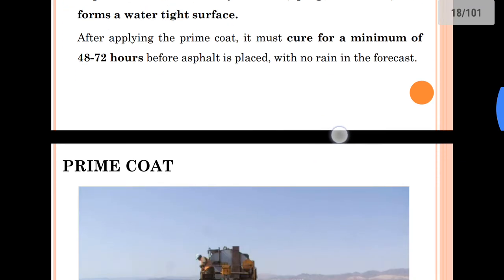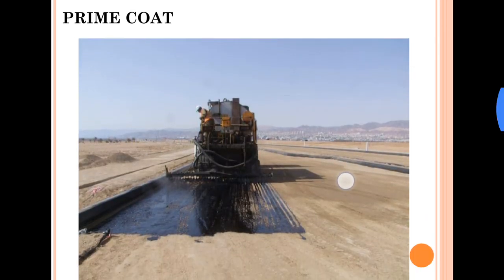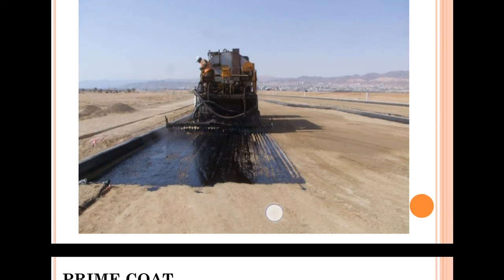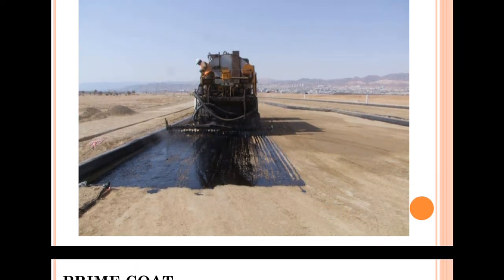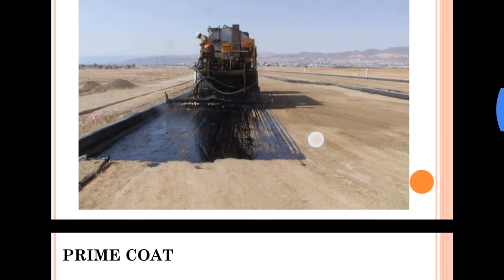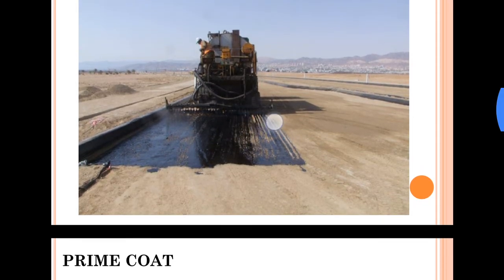Okay, so this here is a priming operation. We have a non-bituminous course over here of aggregate and dust. If we plan to add in a layer of binder course on top of this layer, then we need to prime it first. Hence we are applying a prime coat. This is bitumen. Okay, this is low viscosity bitumen.